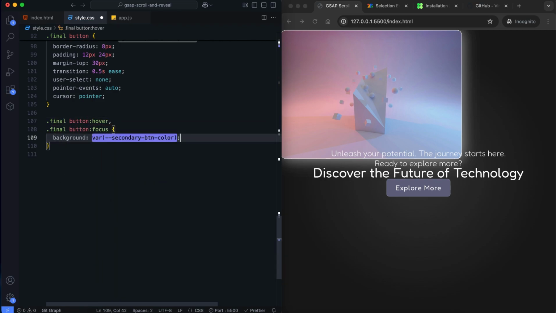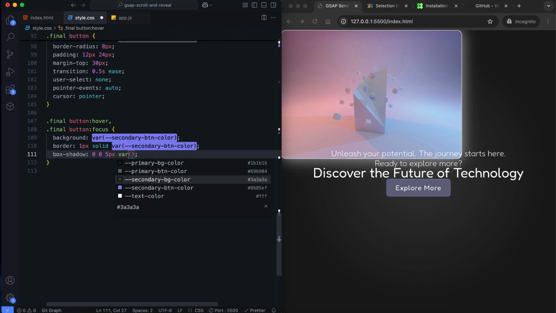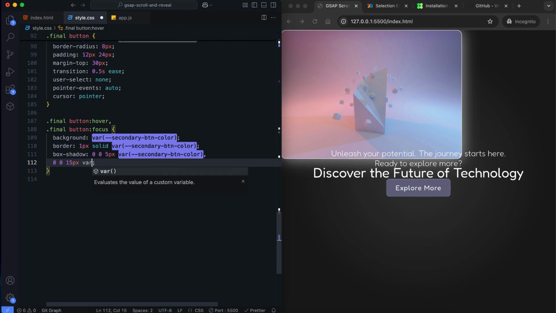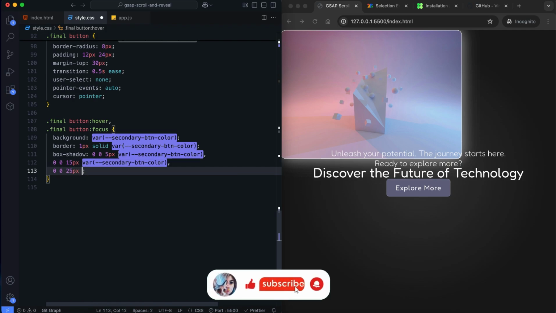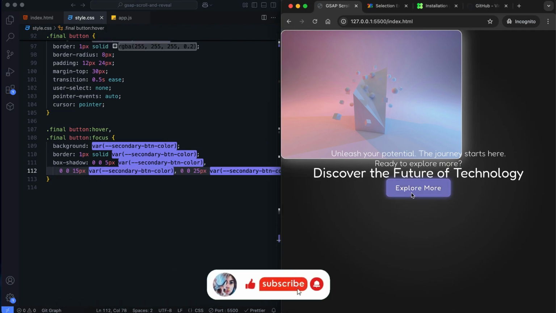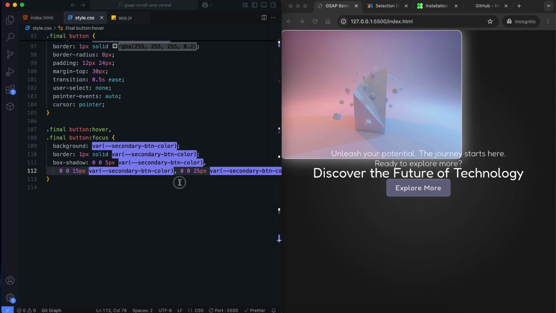The button has a hover effect with smooth transitions. We add a box shadow effect to make the images more interactive. We'll come back to CSS later for additional properties and media queries.